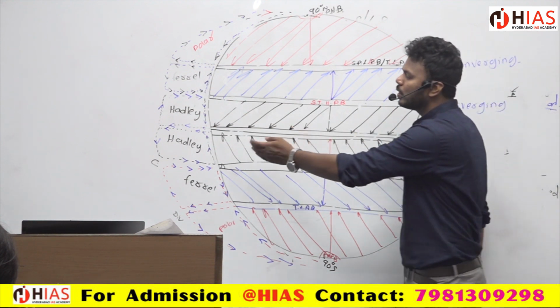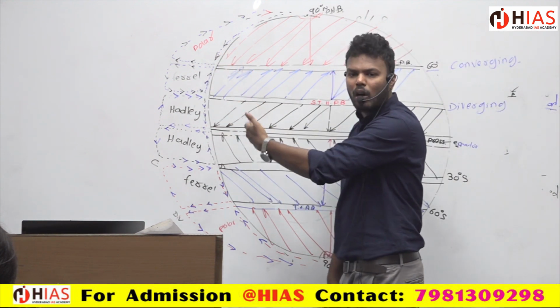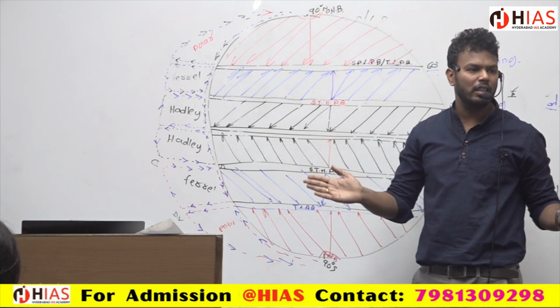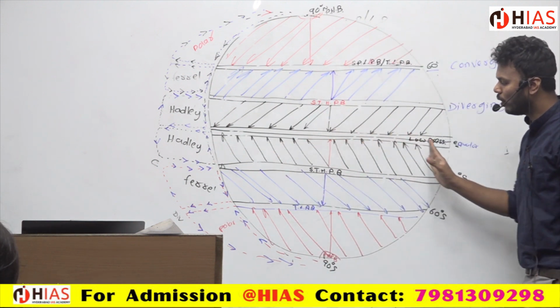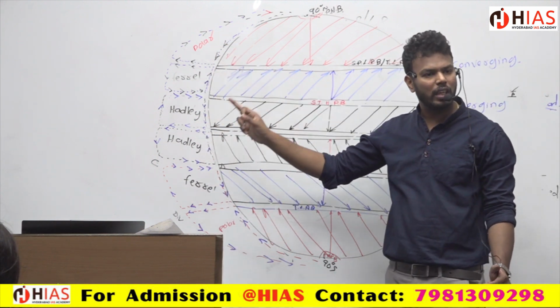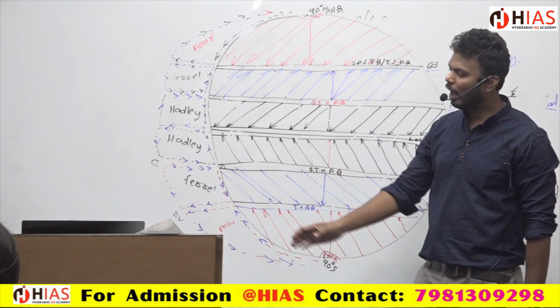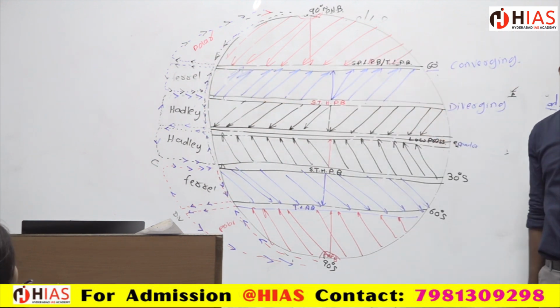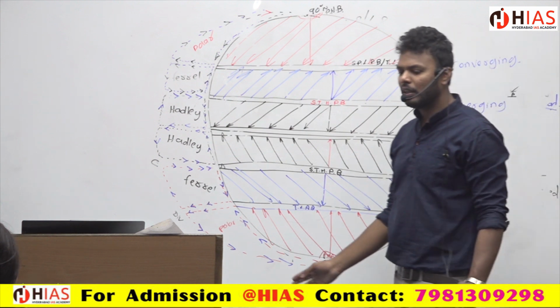Why is the wind going that way, this way? This is a wall, the solid part. After meeting that, it will definitely deviate. So this is about the Ferrel cell. Now I will draw only this part and remove this one, so that you can understand even more clearly. Any doubts in this?